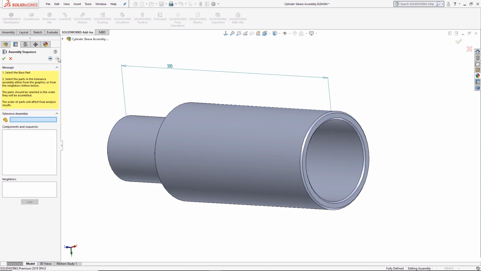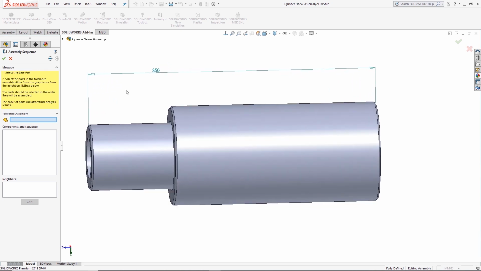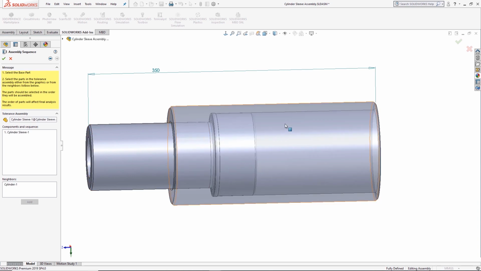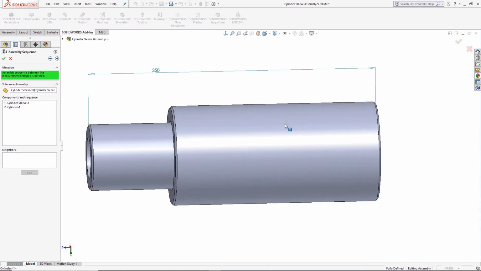The next stage is we're going to choose how it's actually going to physically go through the assembly file. In this case, it's quite simple. It's just going to go from one to the next. But you might find that your tolerance stack up might consist of 5, 6, 7, 8 components, and it might have multiple routes. You might be able to go one way, and you might have a different tolerance stack up. You might be able to go a different direction, and again, get a completely different result.